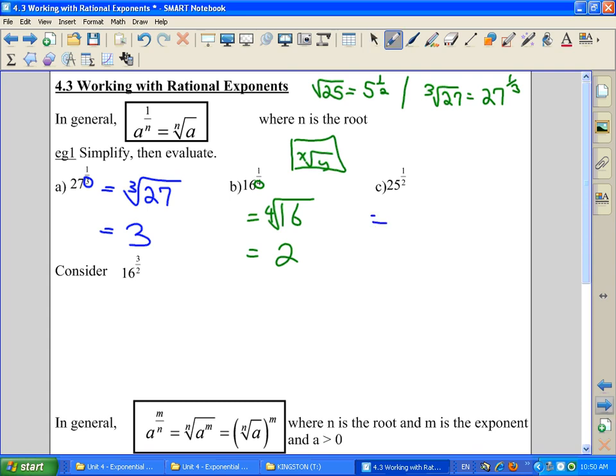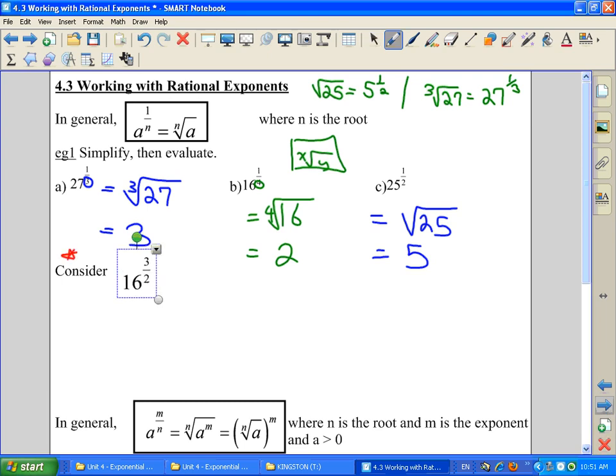And last example, I think this is the easiest one. Square root of 25 equals 5. Now notice, ladies and gentlemen, in A, B, and C, in all these cases, that the numerator of our fractional exponent is always 1. Let's take a look at this next example where it says to consider 16 to the